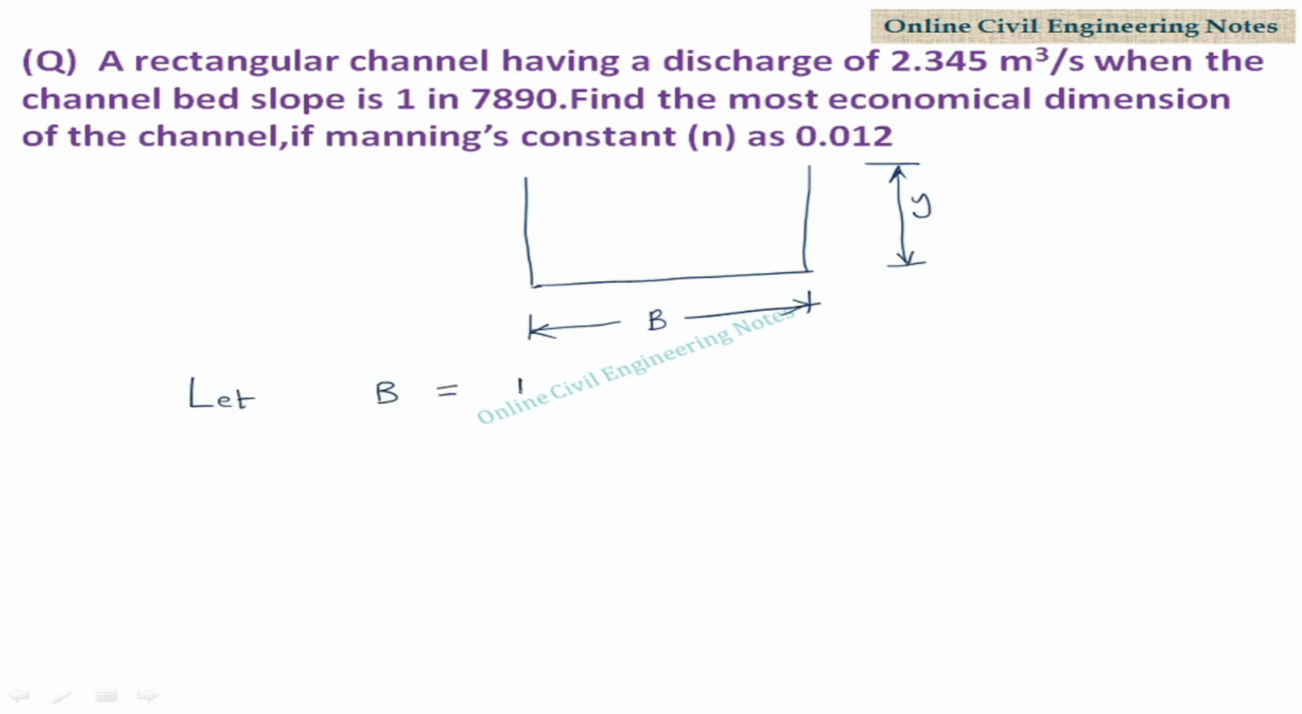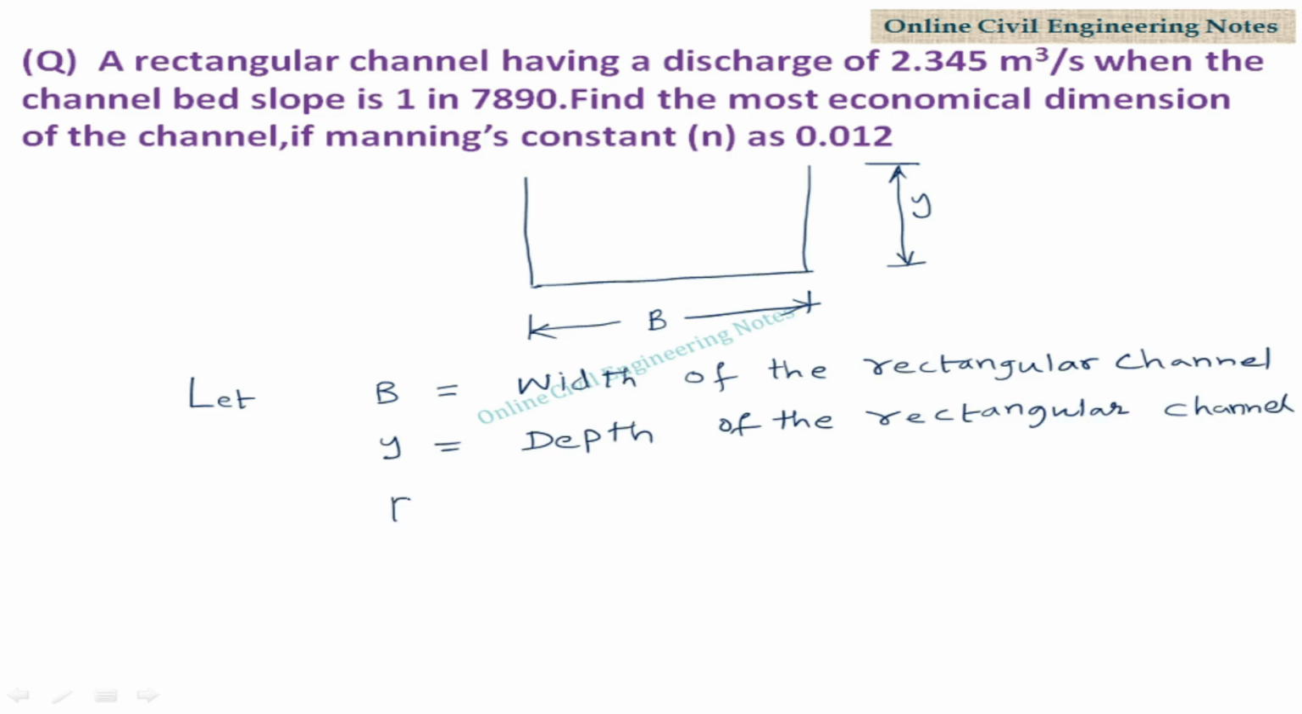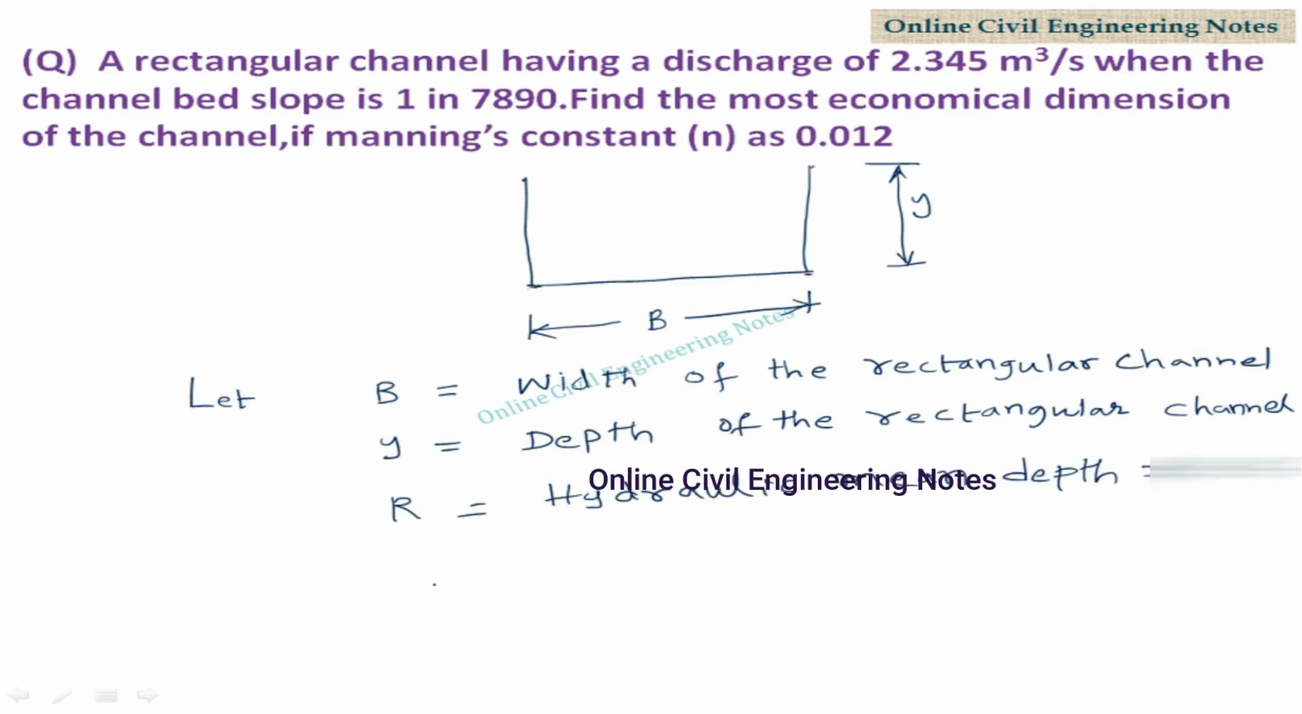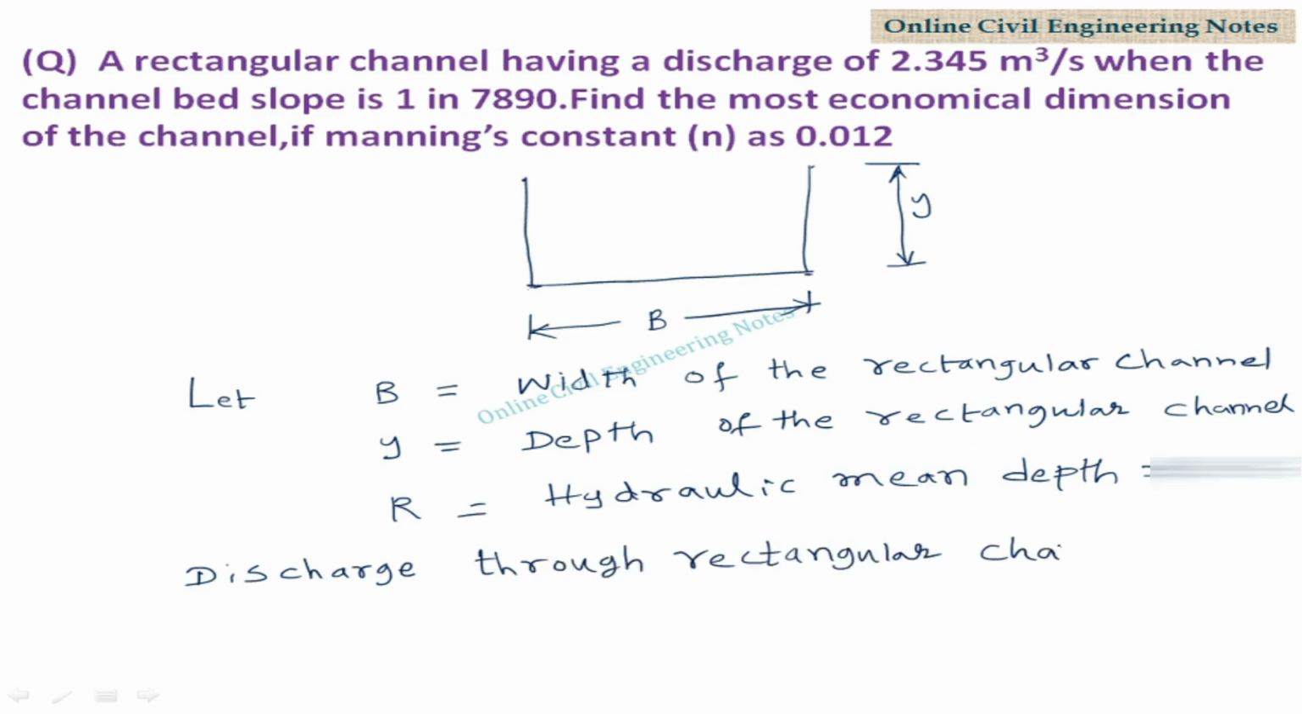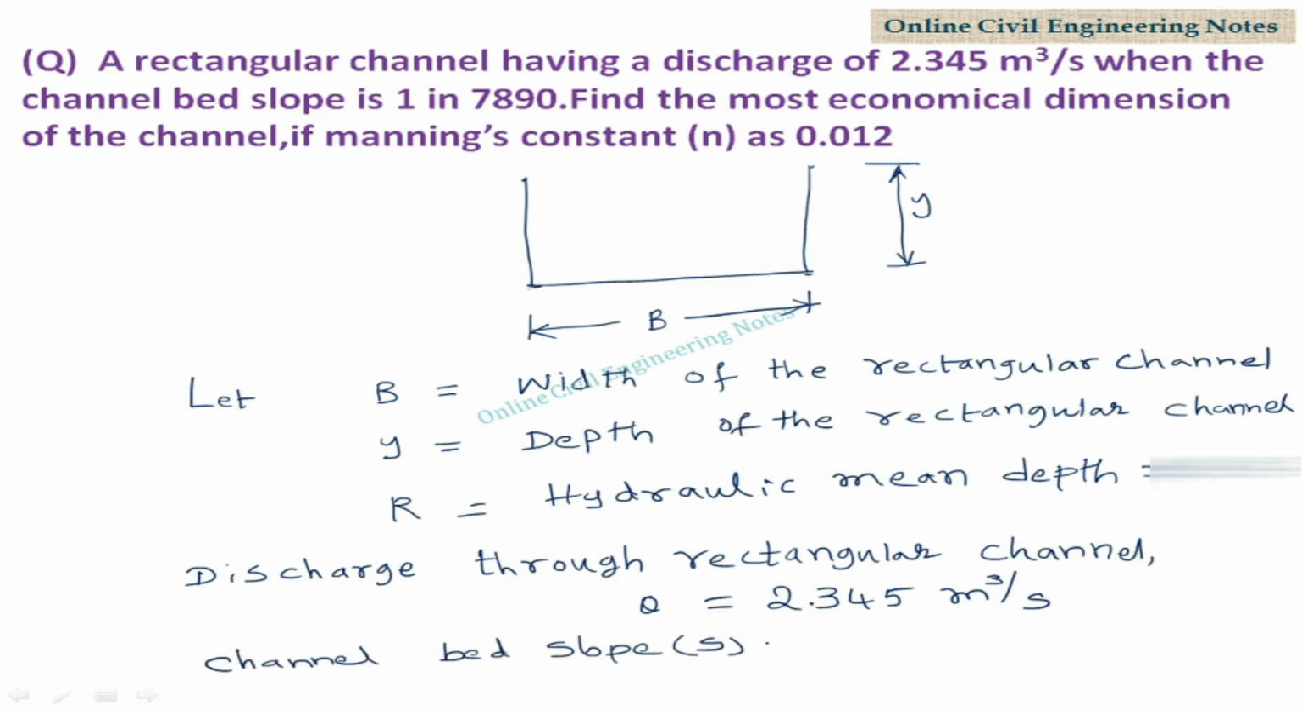Let B be the width of the rectangular channel, Y the depth of the rectangular channel, and R the hydraulic mean depth. In the question, discharge is given: 2.345 meter cube per second. Channel bed slope S is equal to 1 in 7890. Manning's n